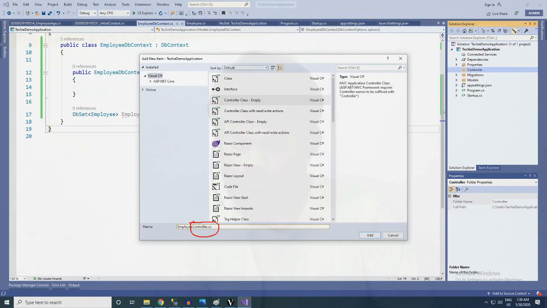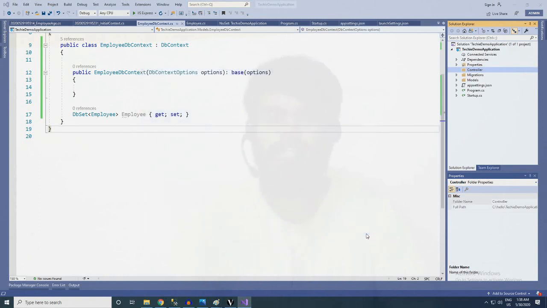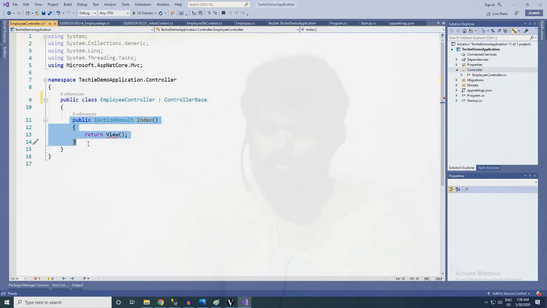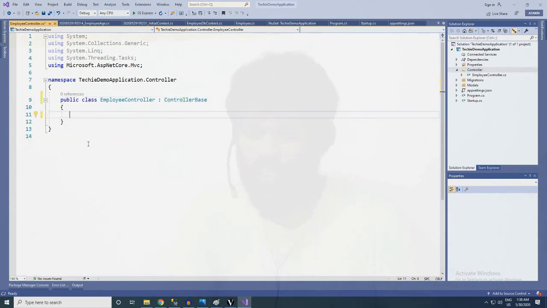The suffix controller is a must for all the controller files. So I'll be adding employee as the prefix and clicking add. Change the controller to controller base and remove the old already created file.